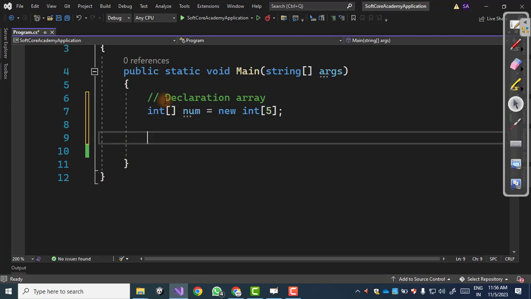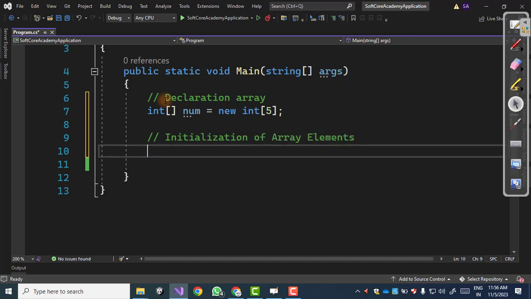Now the second step is initialization of array elements. To initialize the array, we all know the array index by default starts with 0. Do remember students, the array index always starts with 0. Therefore the first number stored in the array is num[0], and I am giving 10.